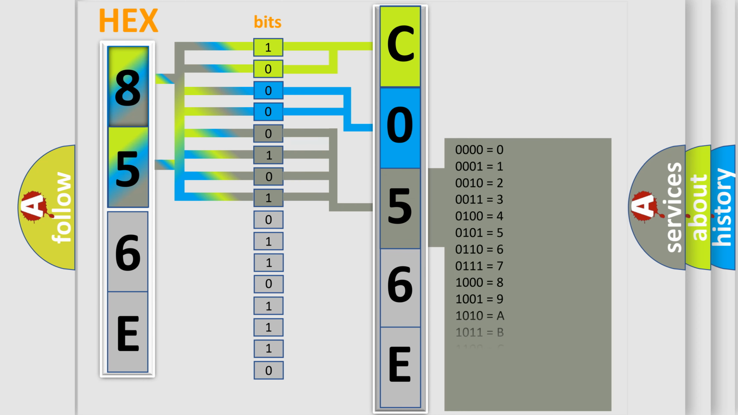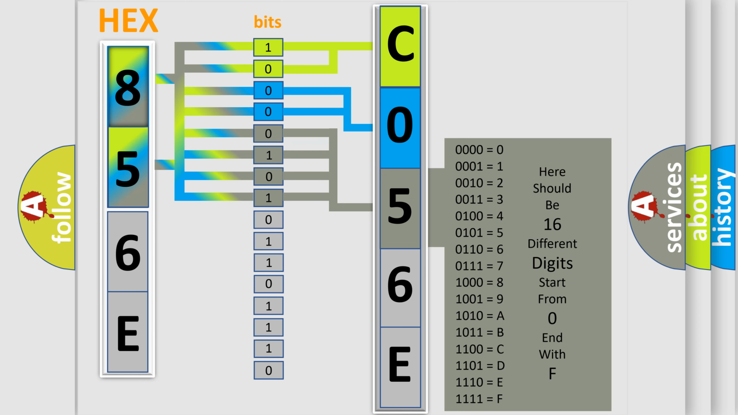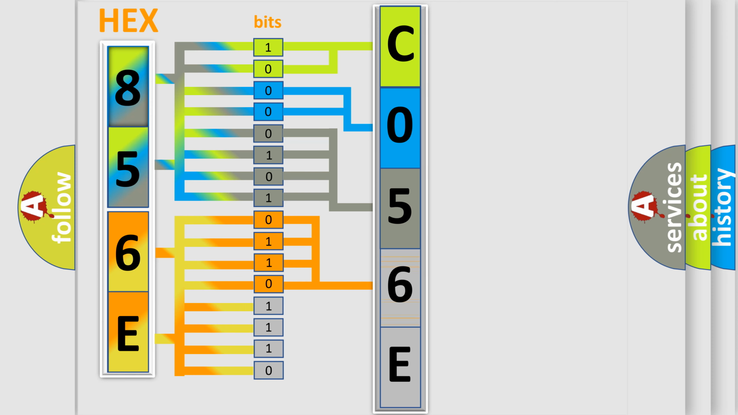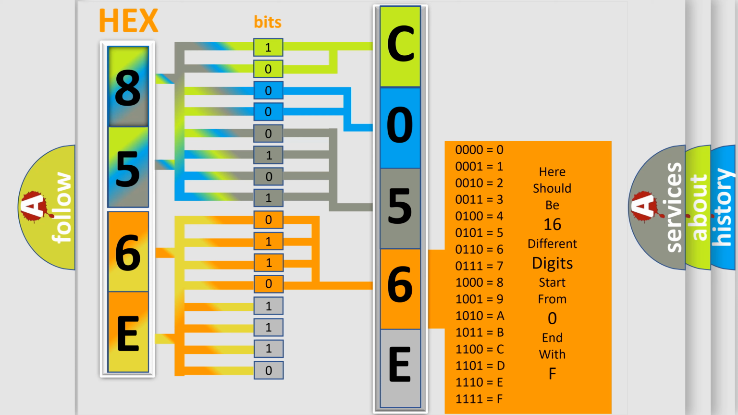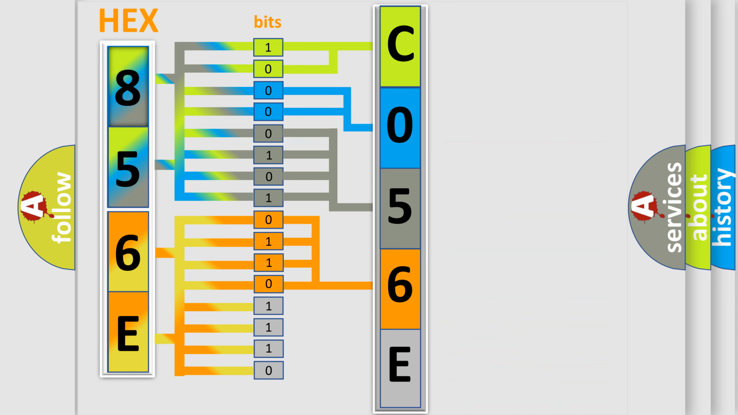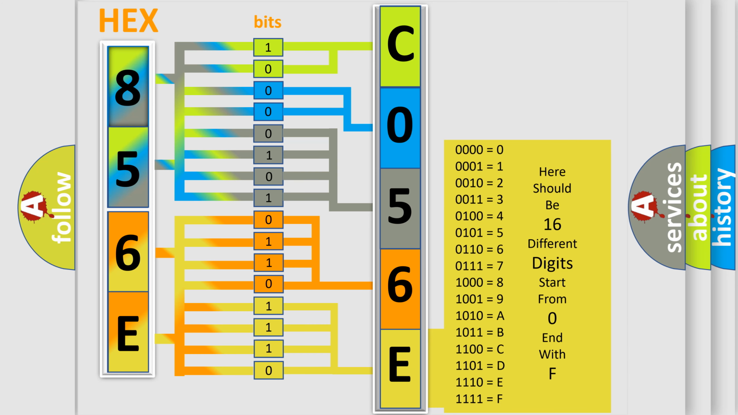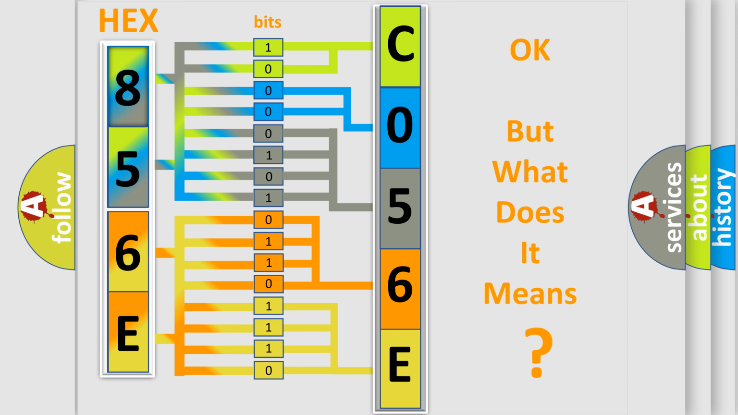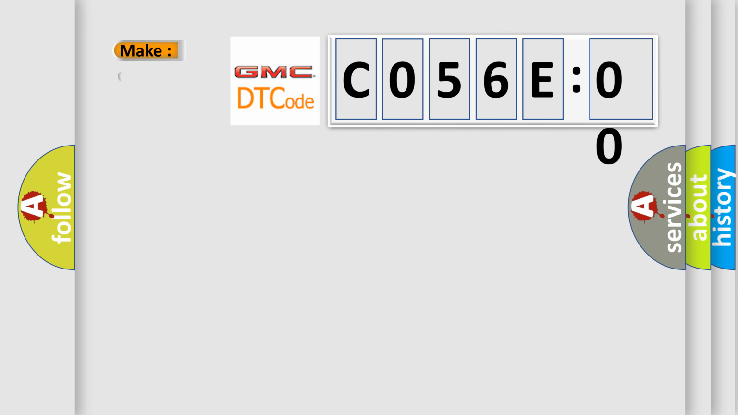The second byte is composed of a combination of 8 bits. The first 4 bits determine the fourth character of the code. And the combination of the last 4 bits defines the fifth character. A single byte conceals 256 possible combinations. We now know in what way the diagnostic tool translates the received information into a more comprehensible format. The number itself does not make sense to us if we cannot assign information to what it actually expresses. So, what does the Diagnostic Trouble Code